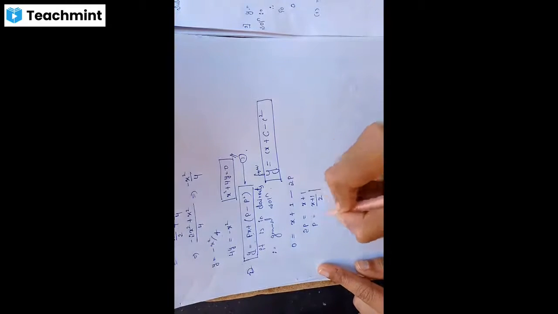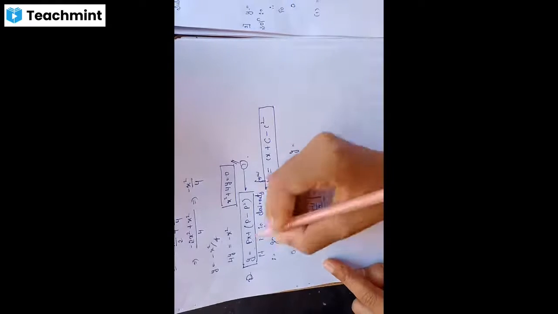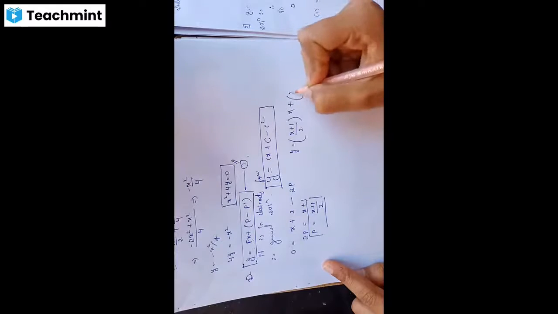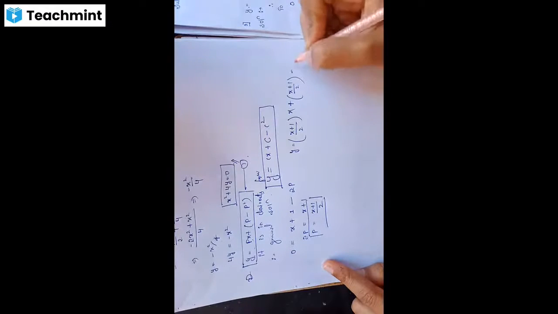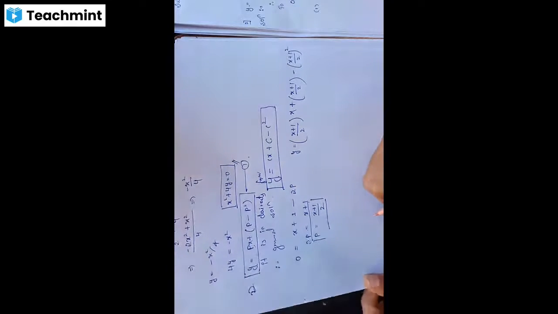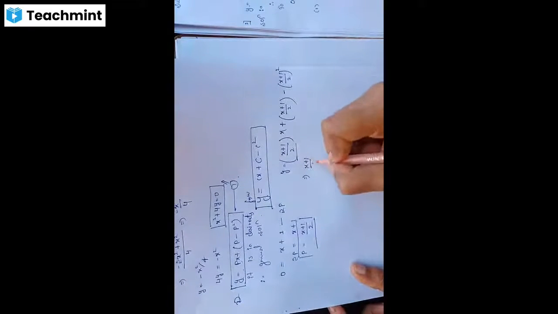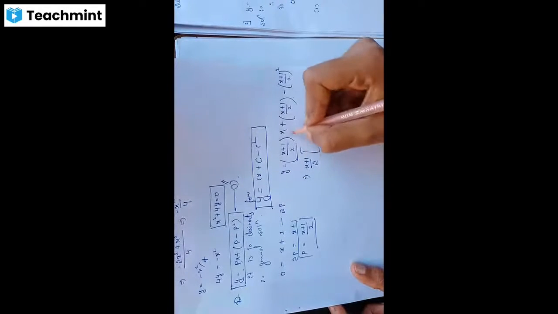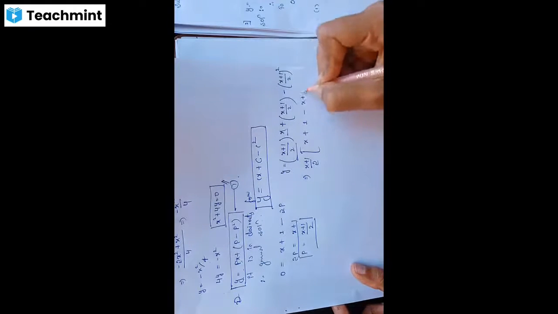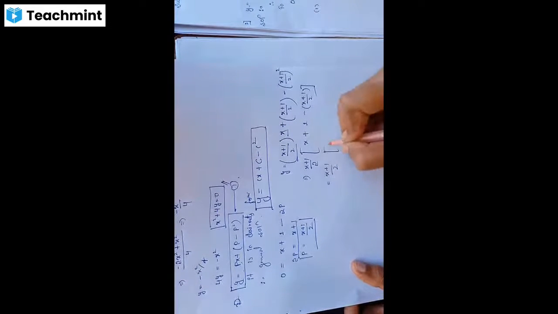So now we have to substitute this p value in the given equation. What is the given equation? Y is equal to p into x, p is x plus 1 by 2, into x, plus p is there, x plus 1 by 2, minus p square, means x plus 1 divided by 2 into whole square. Okay. So now out of these three terms, I can take x plus 1 by 2 as common. So what are the remaining terms? First remaining is x plus 1 minus x plus 1 by 2, so x plus 1 by 2 into x.